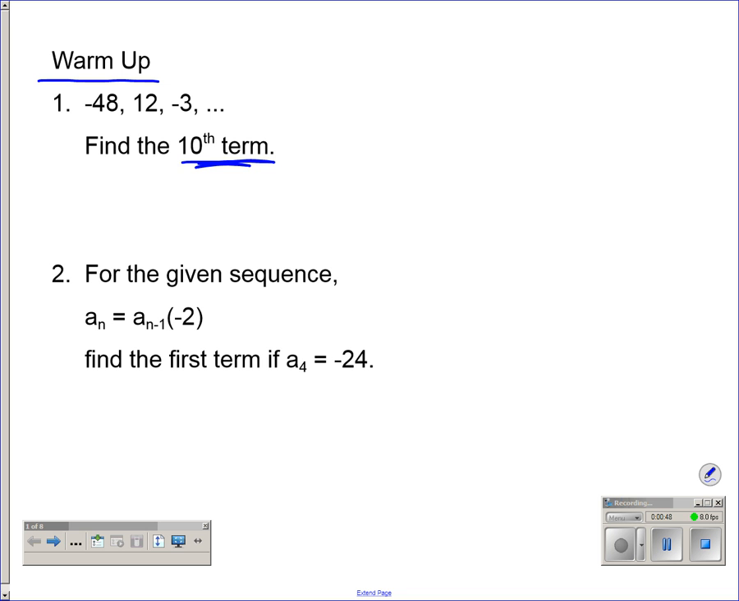We're going negative 48, 12, negative 3. Yeah, we're dividing by negative 4, but in geometric we don't divide. It has to be multiplying by something. Yeah, we're multiplying by negative 1/4. That's my rate. I'm multiplying by negative 1/4. So that's geometric. If it's geometric, that means we need to do the explicit formula